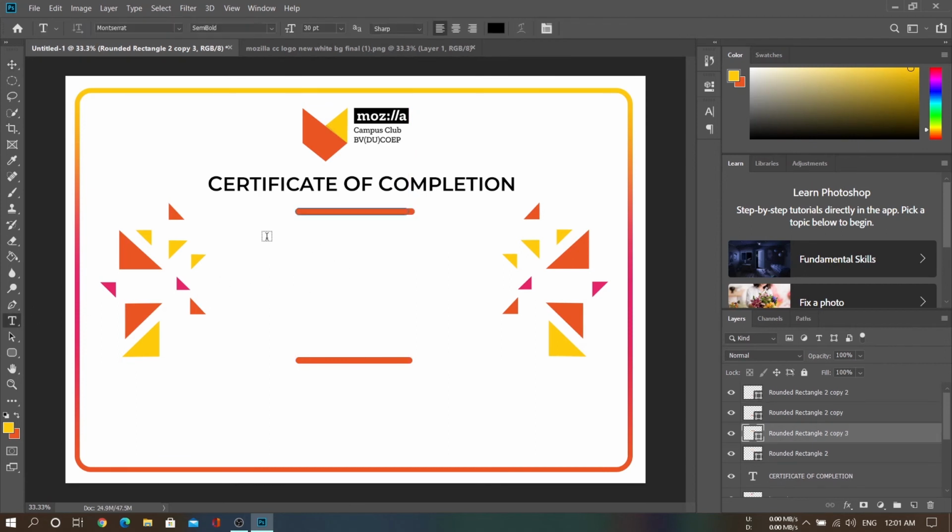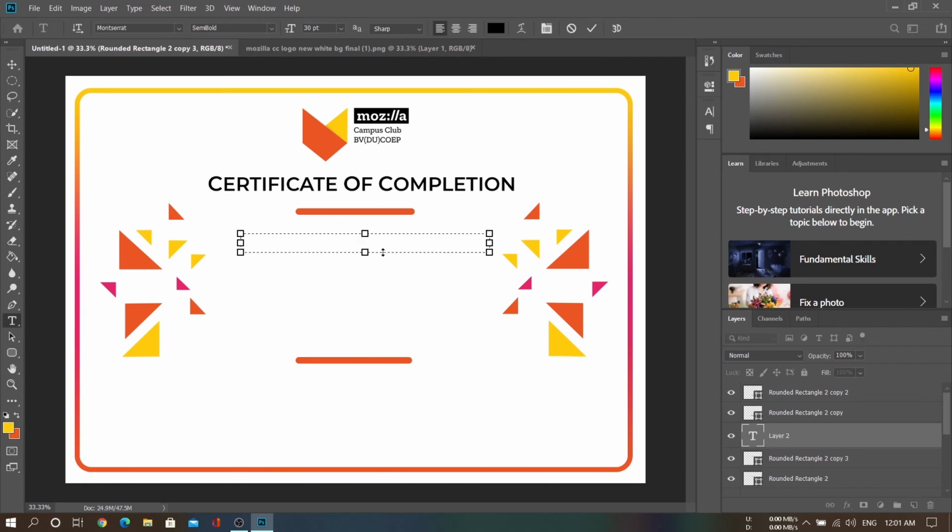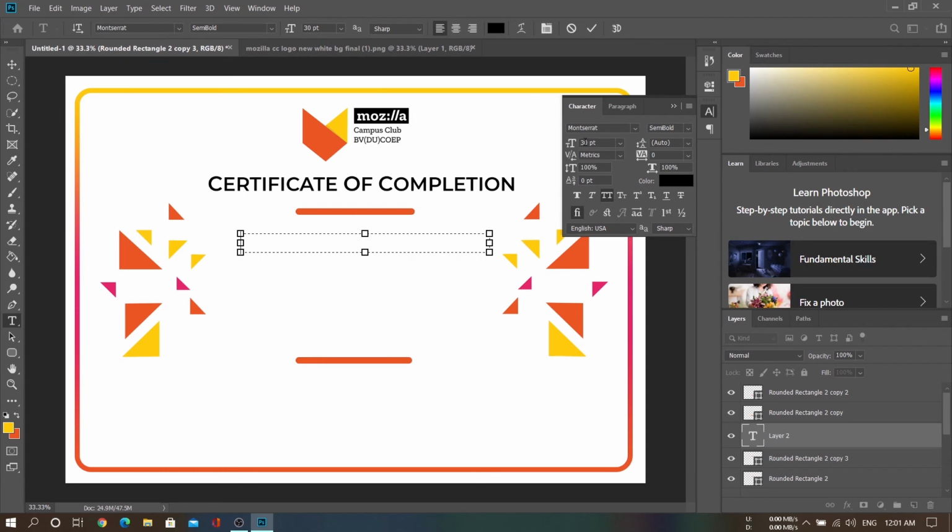Now we are going to insert some text. First we are going to settings, set the length to 20.